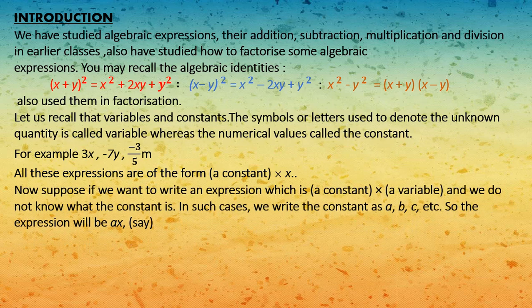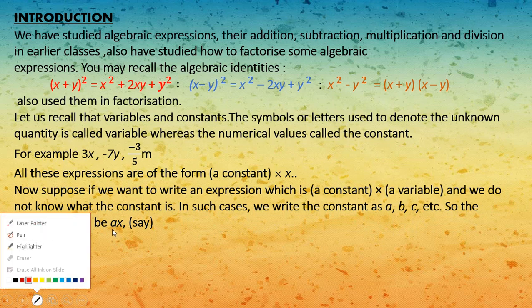Now if you want to write an expression which has a constant and a variable, and we don't know what the constant is, in these types of cases we write the constants using the letters a, b and c. So when the constant quantity is also not known, in general we write the expression as ax,